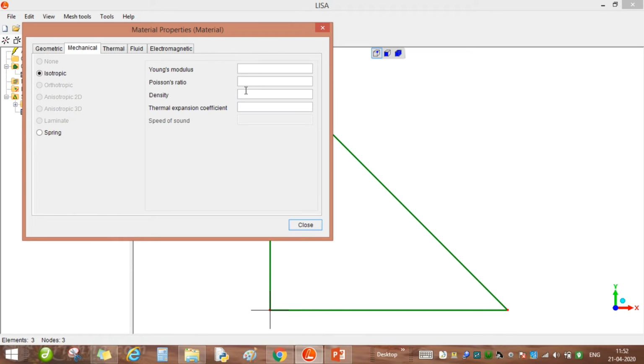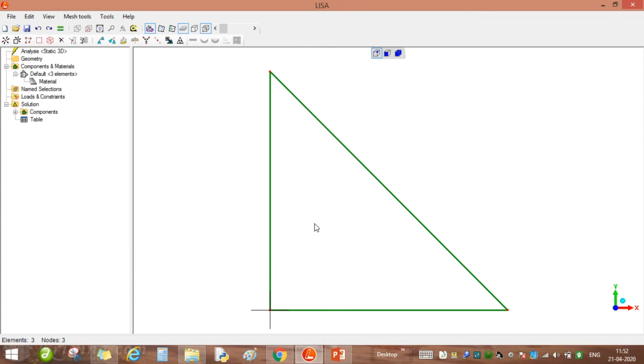Mechanical isotropic, 200 gigapascal. I have to give it in megapascal, so it is 200,000 megapascal, and the Poisson's ratio is 0.29. So that's all for the material properties.